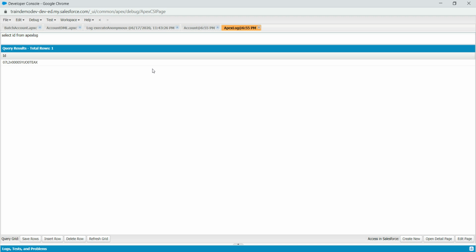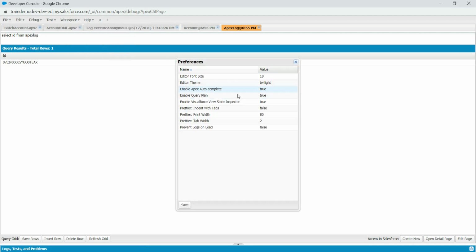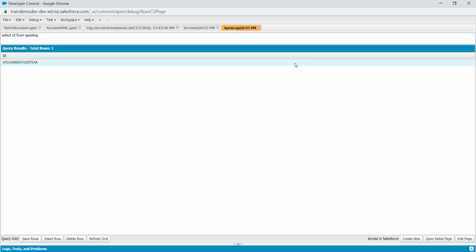So this is very handy. I would suggest you to play around with it. I mean, a lot of stuff you can do, right? And then we have preferences, and as I mentioned about it. So this is not really a tools handover, a tool session. They don't usually ask about the developer console as such, but you need to know how the logging works,